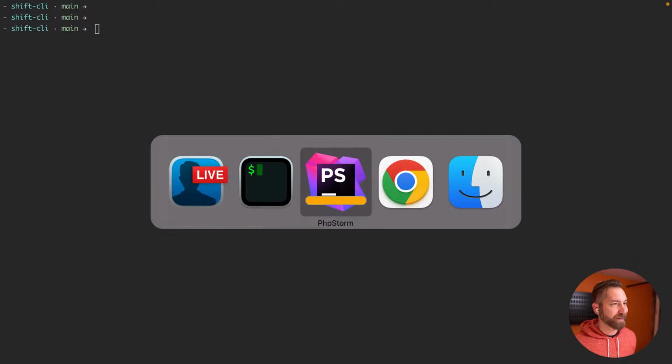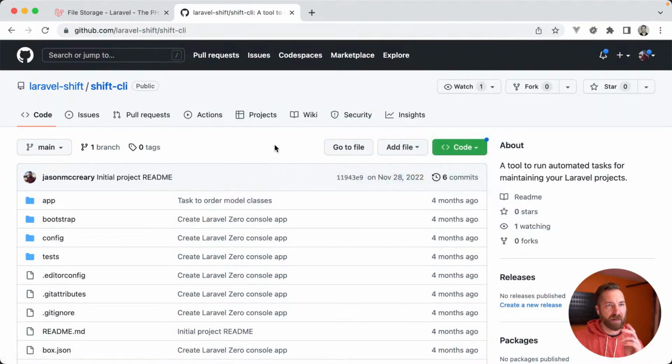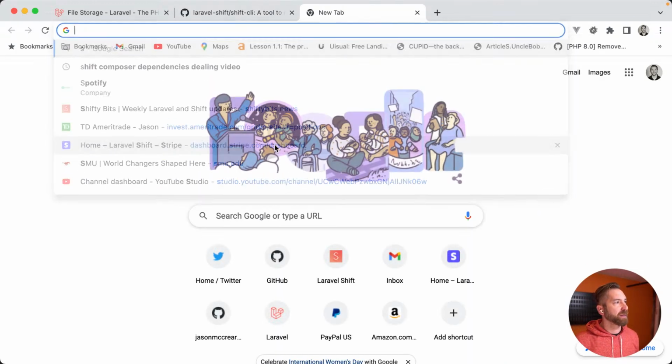This week, I want to start a new series on the Shift CLI tool. I've actually had this tool out there for a while. It's kind of like an artisan command that you can install, ideally globally. But historically, you installed it in your project. I think it was called the Shift console. I probably built that 2 or 3 years ago and never did anything with it, which eventually became the Shift workbench, which is like